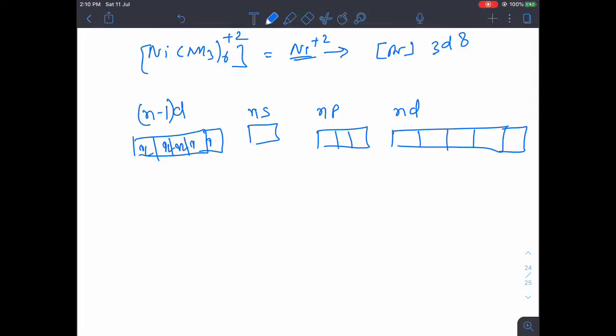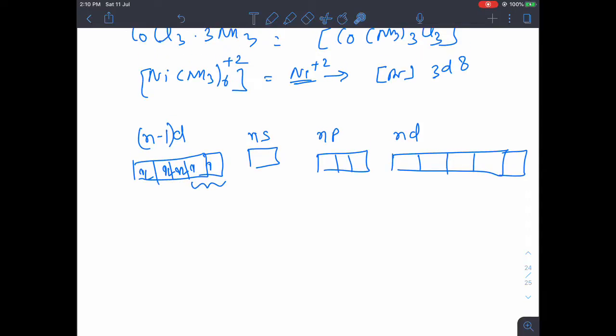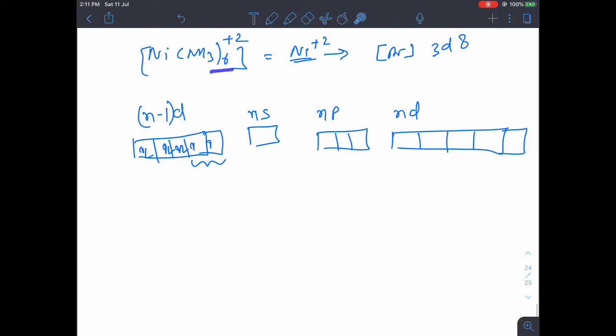How many unpaired we have got? 2. Now you know what are the two possibility of the hybridization. So because of the coordination number 6, it may be either d2sp3 or it may be sp3d2. So for getting d2sp3, we need 2 of these orbitals vacant. Is it possible here? Obviously not. Why? Because we have 2 electrons here. Even if you pair it up, then we will get only 1 vacant. But we need 2. So that means taking inner d is not possible.